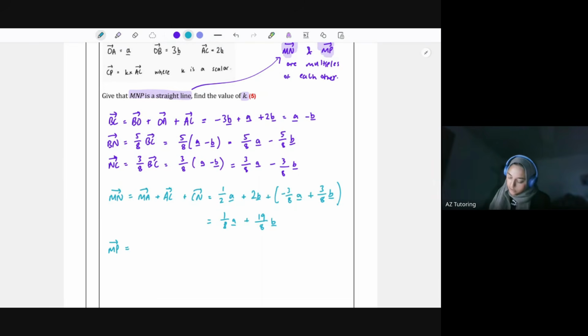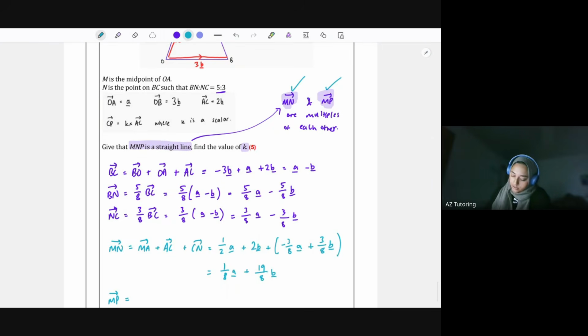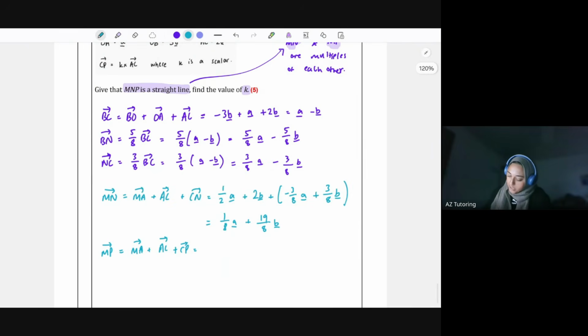MP. And the path I'm going to take for MP, I'll go MA again, AC, and then CP. So MA plus AC plus CP. Okay, MA we know is half A from above. We've already worked out here. AC is 2B, is already there as well. And then CP